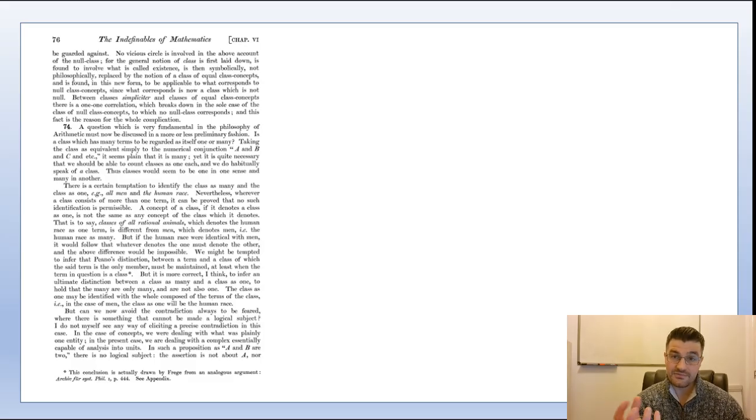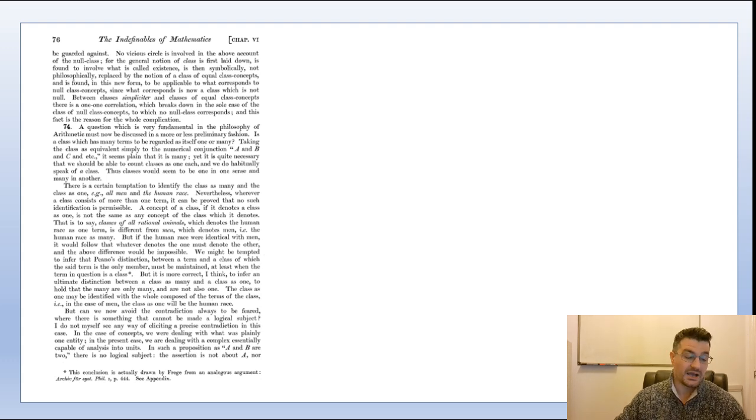Okay, well, if they form one whole, then they are not two. So there must be, but they're not two separate terms either, because they're connected by this word and, Brown and Jones. So they form a certain combination where they are still effectively many, at least insofar as we're able to attach a number to them. A number doesn't necessarily mean finite number. So there is a certain temptation to identify the class as many and the class as one.